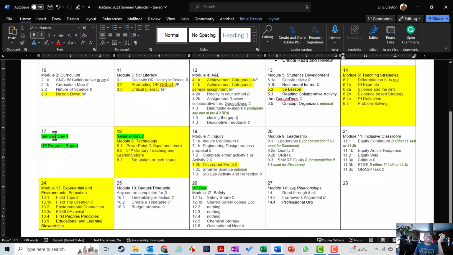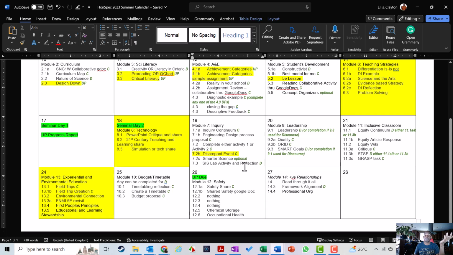Notice that some of the things on the calendar are marked in green highlight. Things like seminar day 1, seminar day 2, are due in the morning. Everything in the calendar is due at 11:59 p.m., at the end of the day, except for green. Green is due either in the morning or at a specific time I'll give you in the announcements. The seminars will be due on the day of; you'll tell me what time is best for you once your group settles the conversation. The unit plan progress report will be due at noon. The unit plan that's due on the 26th will probably be due at noon as well. So that gives you some idea of the deadlines on these calendars.